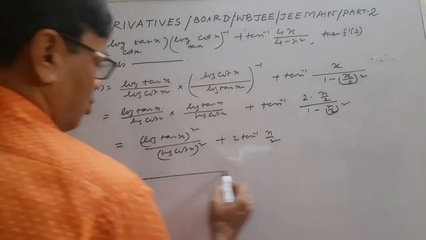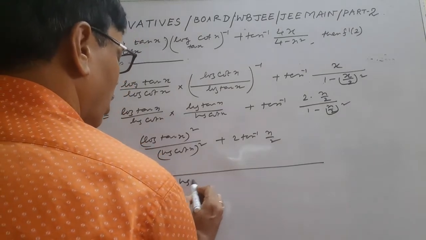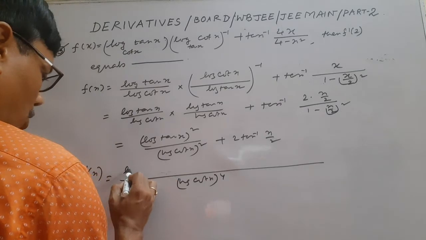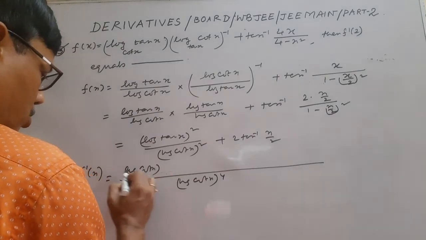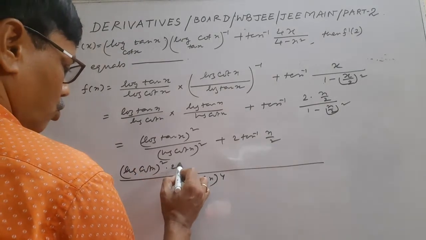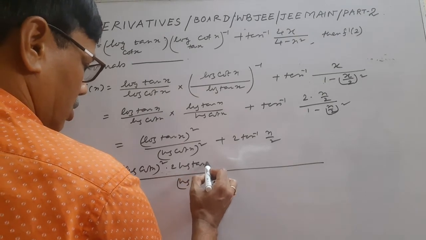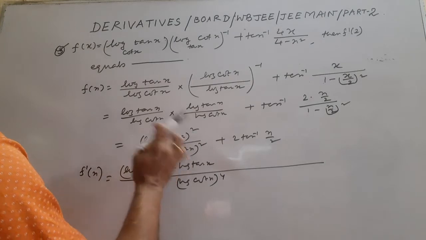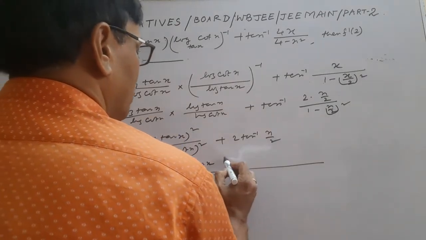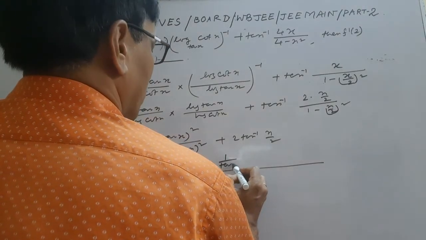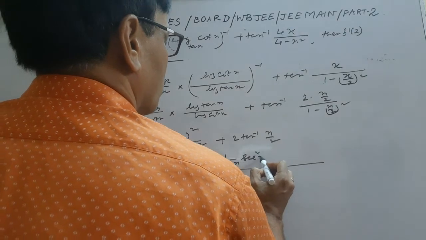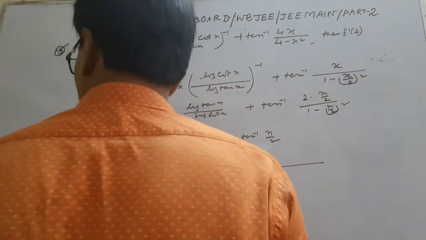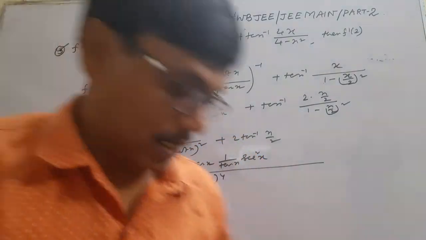Use the quotient rule. (log cot x) whole to the power 4. (log cot x) whole square unchanged. 2 log tan x, 2 comes forward, power diminished by 1. Then the derivative of log tan x is 1 by tan x into sec square x. Minus